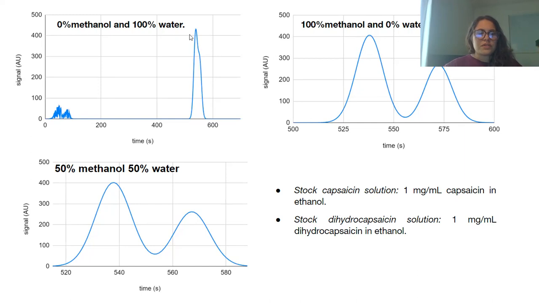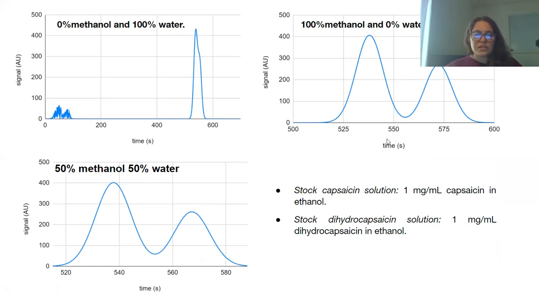The first one was 100% water, which gave us only one peak, which suggested that the capsaicin and the dihydrocapsaicin co-eluted, meaning that they were not successfully separated. With the next one, 50% methanol and 50% water, the peaks begin to separate, but the capsaicin and dihydrocapsaicin weren't fully separated. On this next one, 100% methanol, no water, the peaks are definitely more separated. However, they're not all the way, but we were able to conclude that we need more methanol than water in